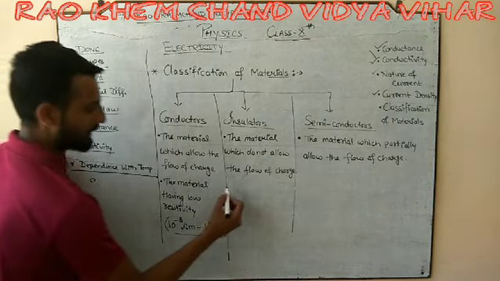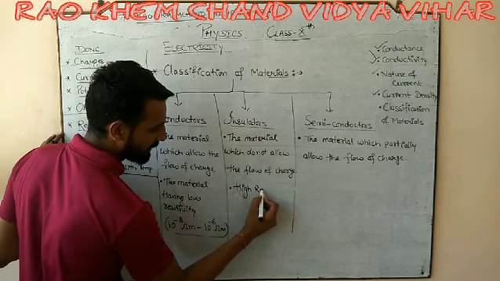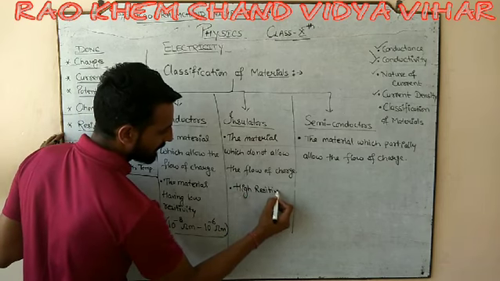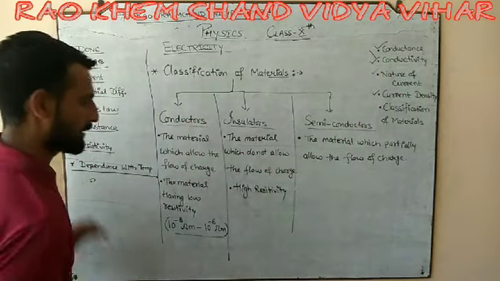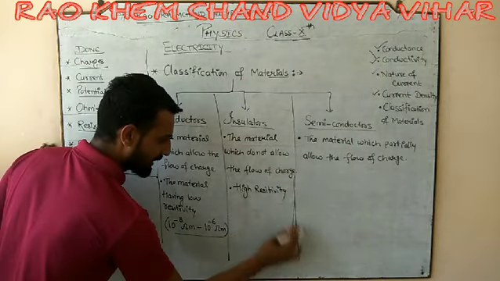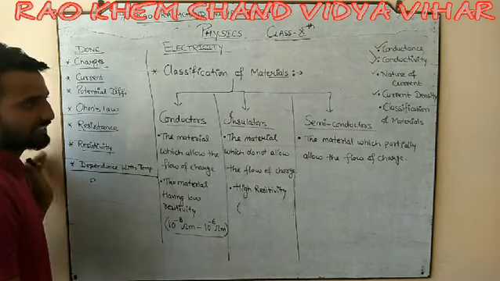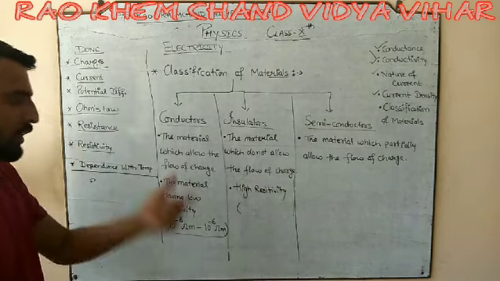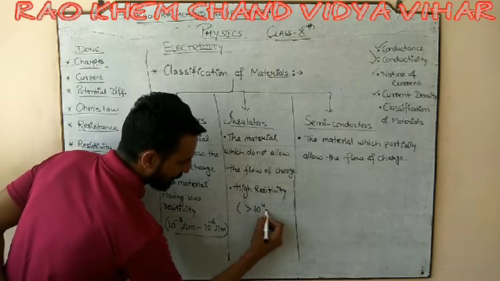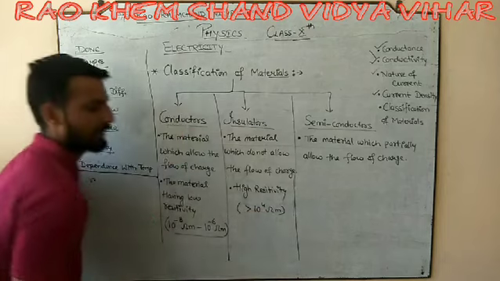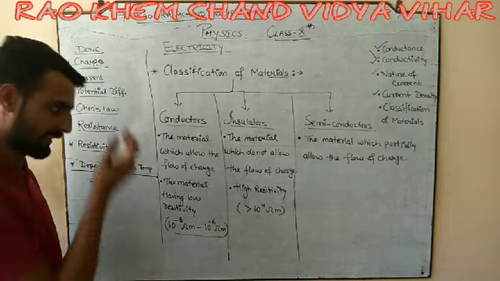Similarly, an insulator has high resistivity, because resistivity जितना ज़्यादा होगा, conductivity would be that much low. And if conductivity is low, तो आप लोग इंसुलेटर की कैटेगरी में आ जाते हो. और हाई रेजिस्टिविटी मींस it would be more than 10 power 4 ohm meter. सो इंसुलेटर का रेजिस्टिविटी 10 की पावर 4 से ज्यादा जाता है.